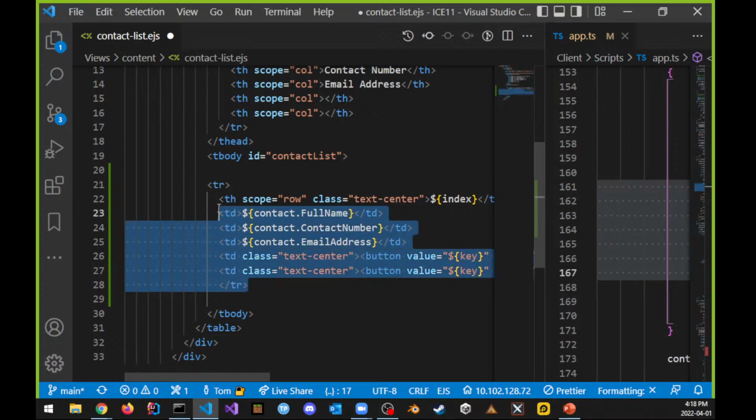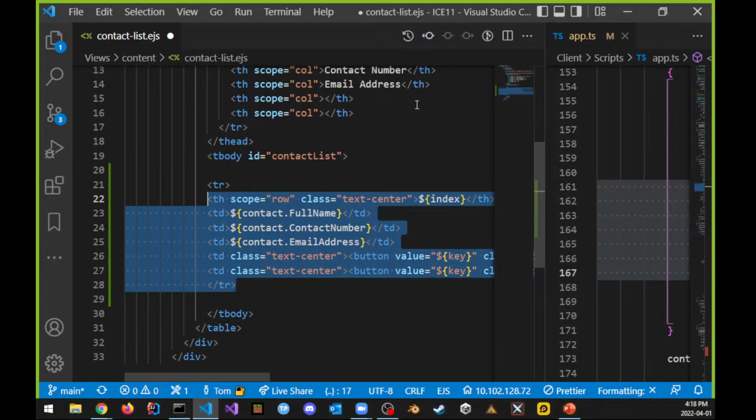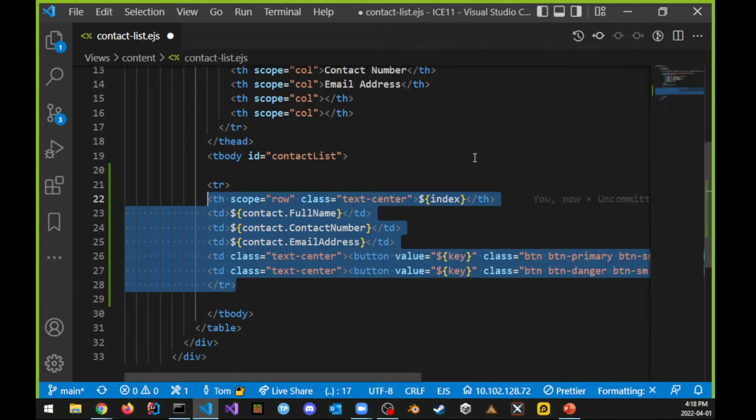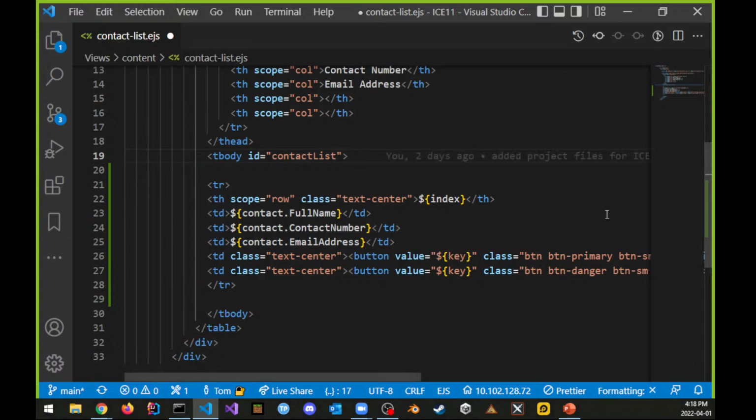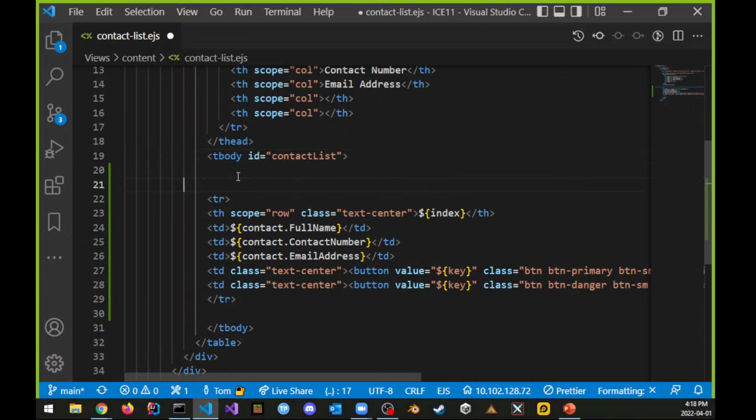Okay. Now, this isn't going to work the way it is. I've just borrowed it from here. I'm going to close this off for now. We don't need this. We just need this part, the contact list.ejs. I just don't want to type all this again. That's not necessary, right? What I want to do is use EJS to make this a repeatable row. So I'll use a little HTML comment, which is, this is the repeatable row,